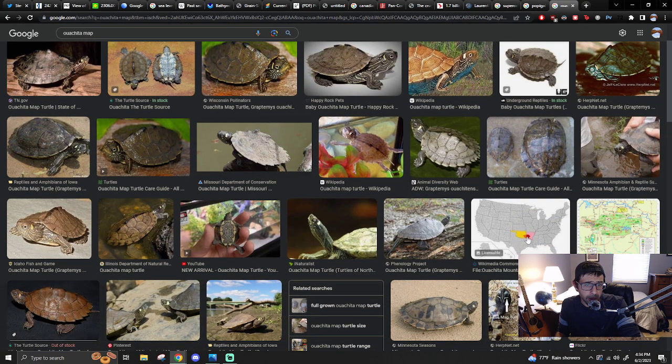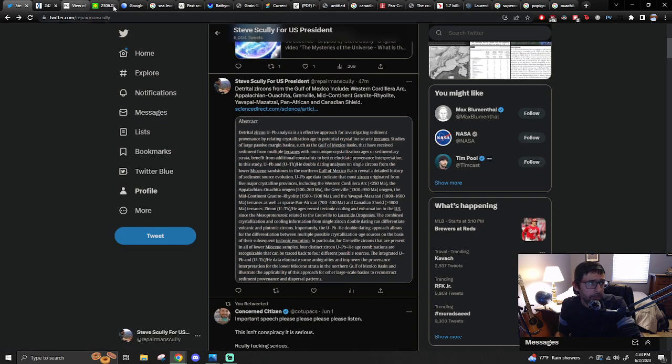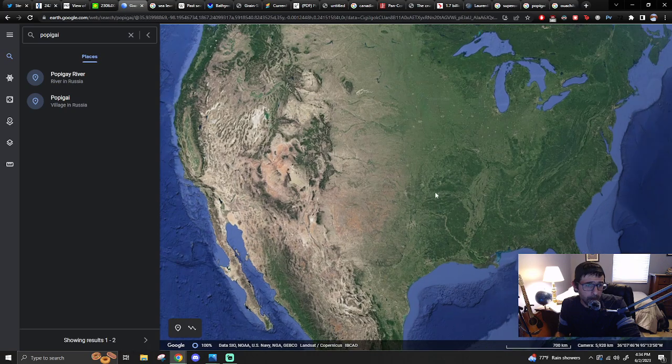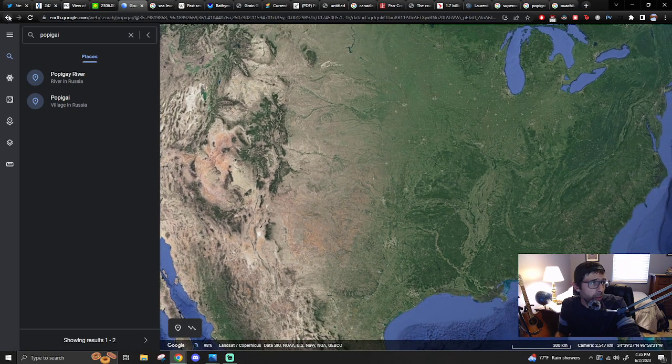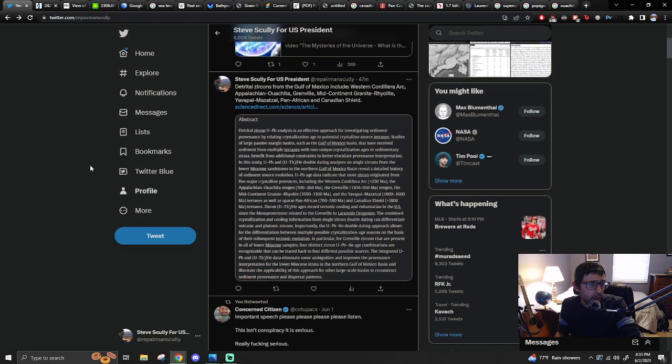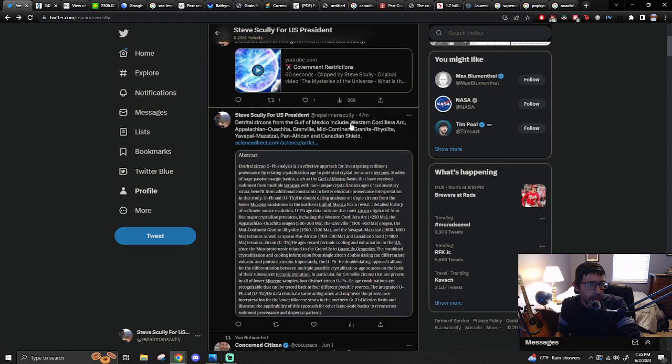I guess there. So maybe that there, I don't know. But anyway, the Gulf of Mexico has zircons from those places. Grenville, again, the Appalachians pretty much. Mid-continent granite, rhyolite, which